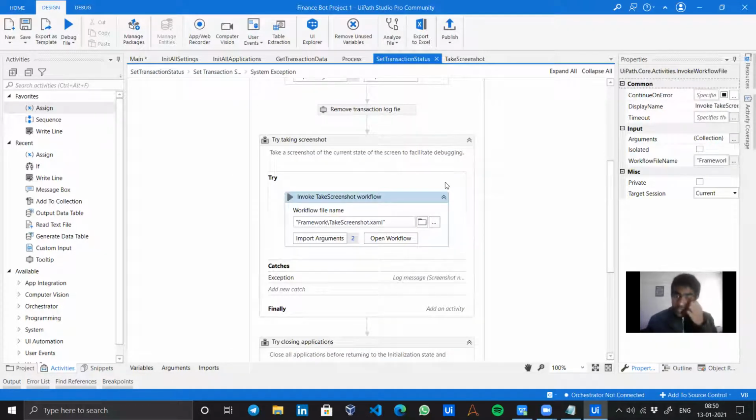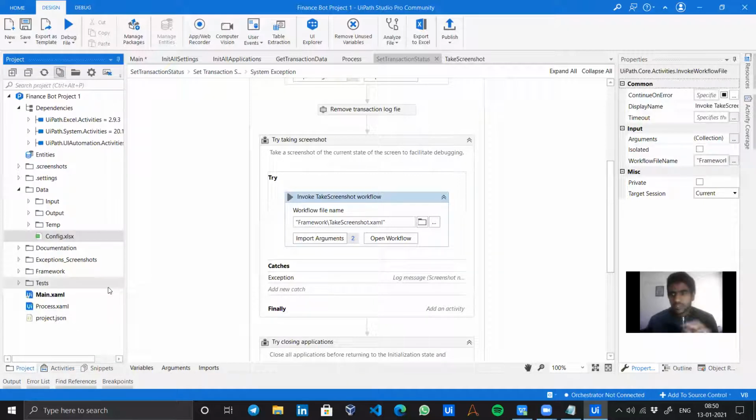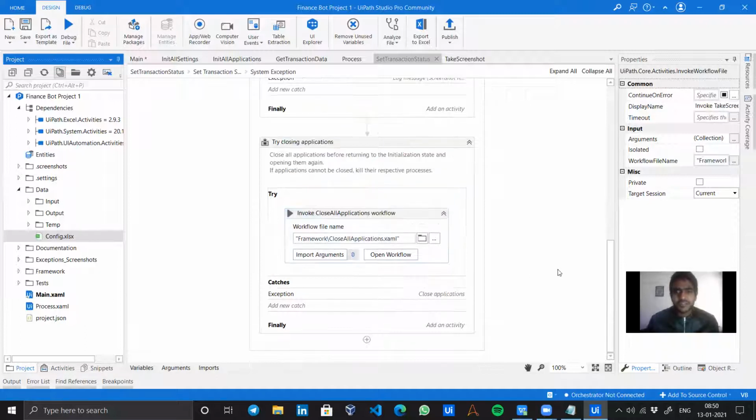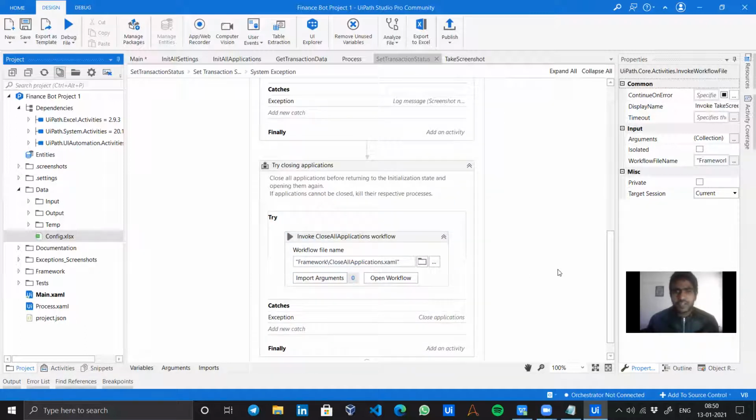This take screenshot XAML works when there is some kind of error. If this particular error came up with my bot, then the bot itself will take a screenshot and save it in the exception screenshots folder. I know this video is going to be a little big and there is no development we are doing, but do remember that this is the core part, understanding the REFramework. Then just close all applications, all good.